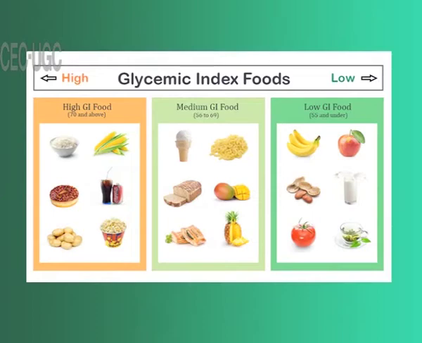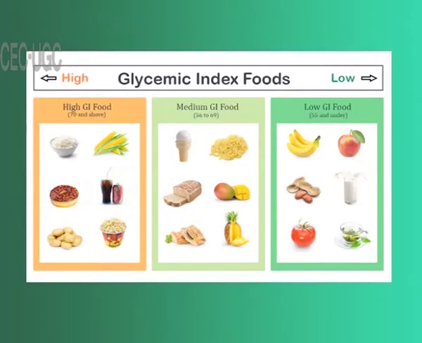What is meant by glycemic index? It is the ability of the food to raise the blood glucose level. When we eat starchy foods like white bread or white rice, they have the capacity to raise the blood sugar level. Eating simple sugar does not raise the blood sugar level to that extent. Hence, it is considered as a food with a medium glycemic index.